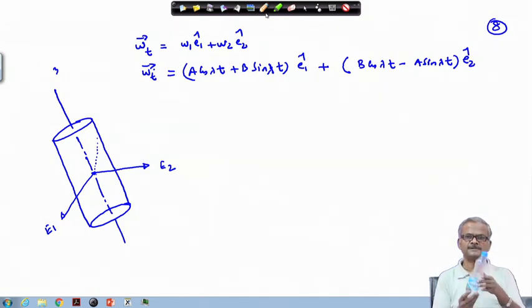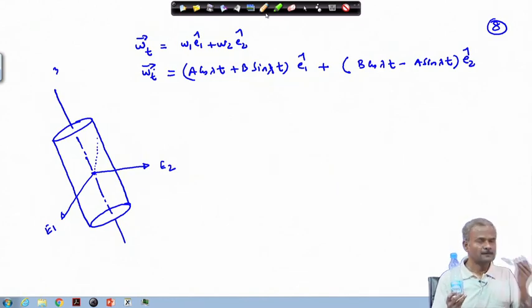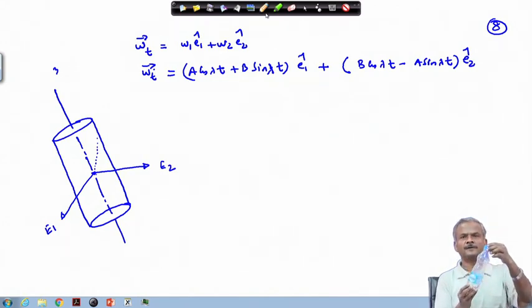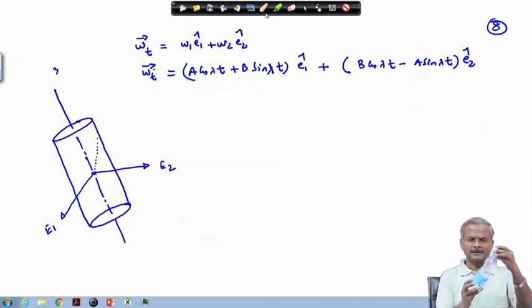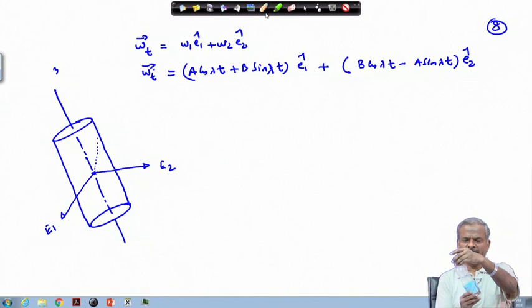Consider this as a cylinder. If this body is spinning about this axis, and simultaneously rotating like this, it is spinning and rotating. If I consider this vertical to be the inertial frame z direction, and from there it is rotated by theta angle,